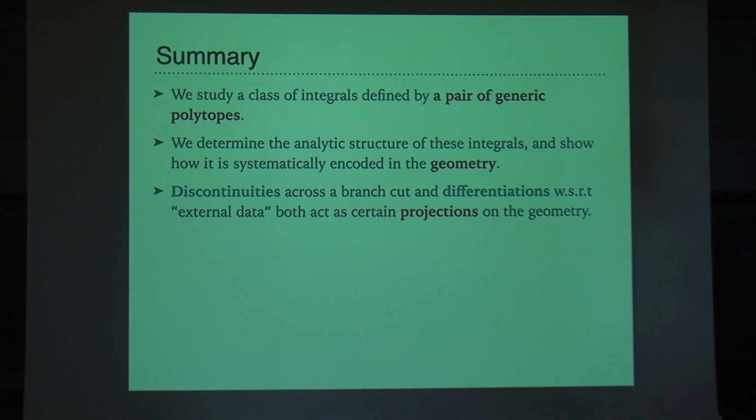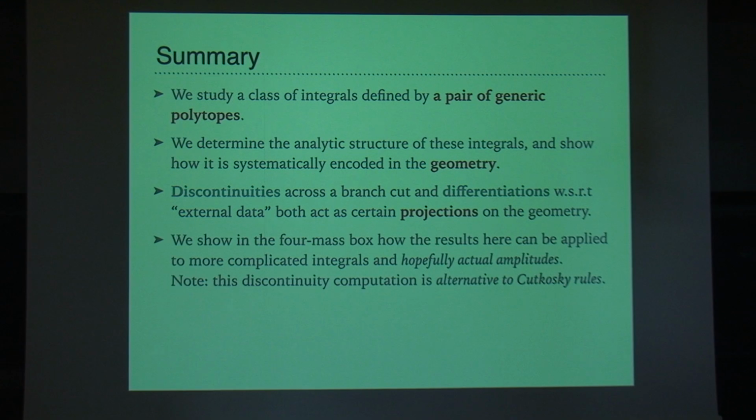And both of these are associated to certain projections of the geometry onto a lower dimensional space. And we also show the four mass box as an example to illustrate how some of the analysis here can be extended to more complicated integrals, and hopefully, perhaps in the near future, to some actual amplitudes,